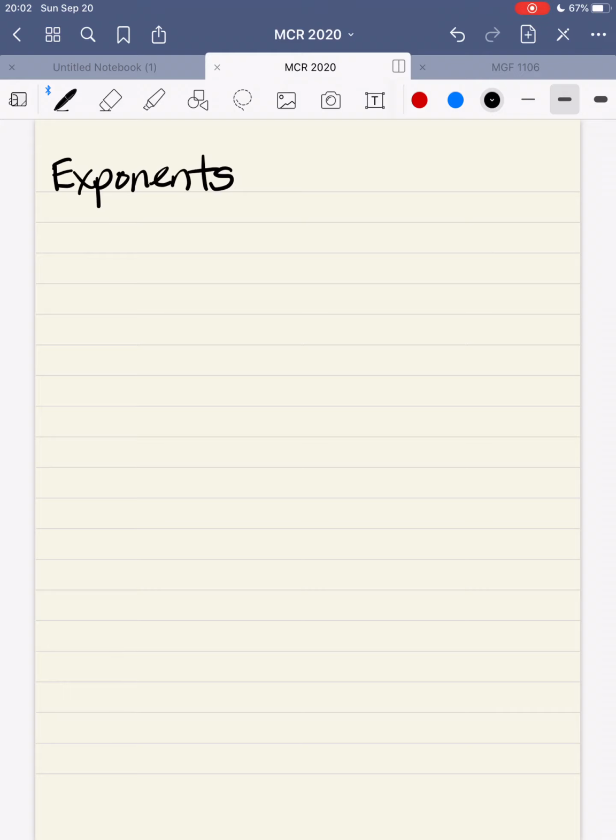All right, good morning. I want to do a quick little review of exponents. So if we look at multiplication, let's say we look at 3 times 3. When we do multiplication, what we're really doing is repeated addition. Some of you are very familiar with this. You use this all the time. So instead of 3 times 3, which would equal 9,